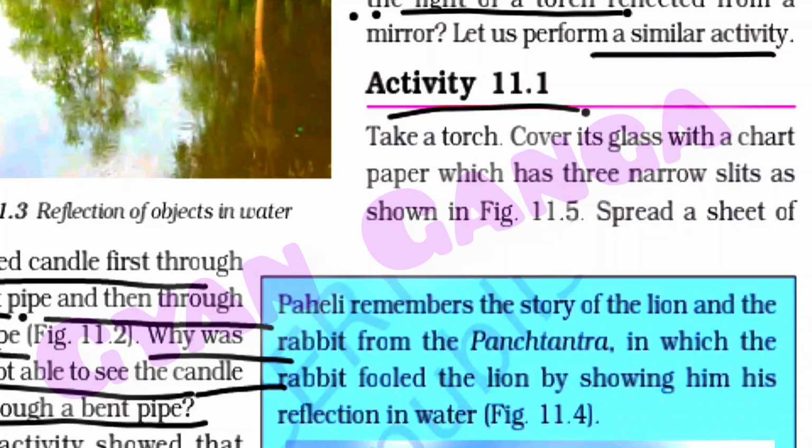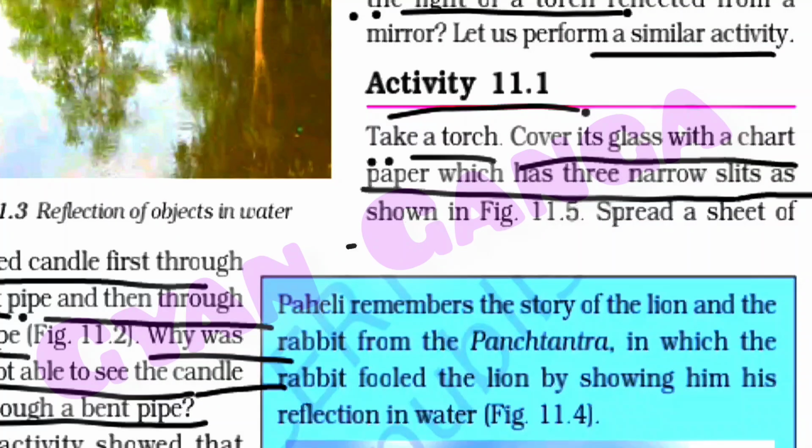Activity 11.1. Take a torch, cover its glass with a chart paper which has three narrow slits as shown in figure 11.5. Spread a sheet of